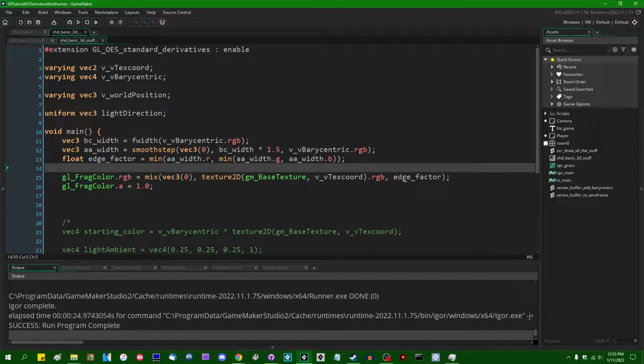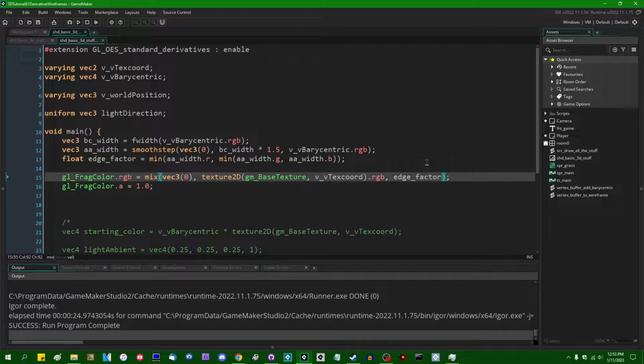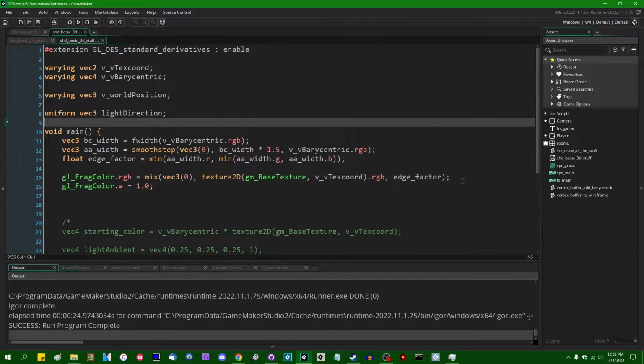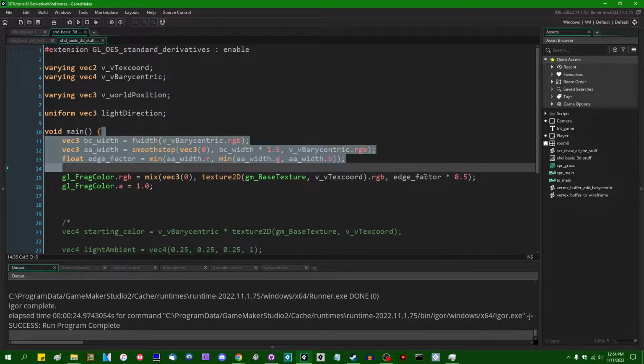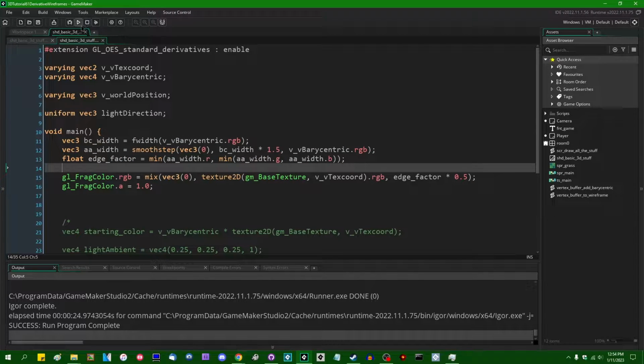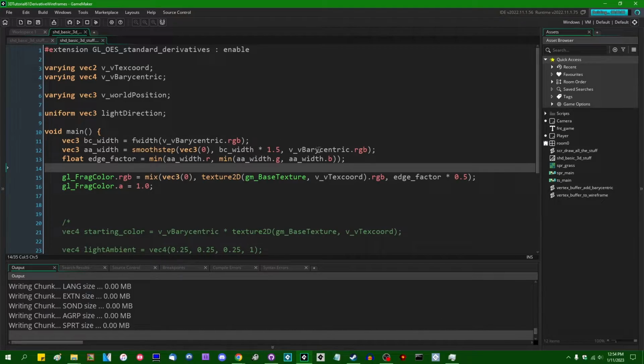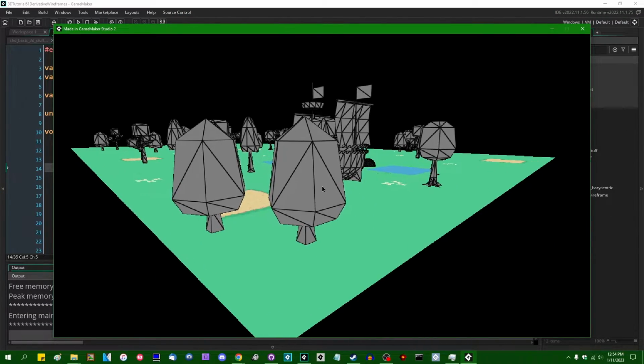If you want to only have the final wireframe color blended a little bit with whatever the original color is, like this. And again, this is going to be something that's not really visible in this example, but I will throw something on screen in post to show maybe a better example of it. You can multiply the edge factor by something like 0.5, and then the wireframe will come out looking like it only has semi-transparency on top of whatever you're drawing. So in this case, it's just going to be like